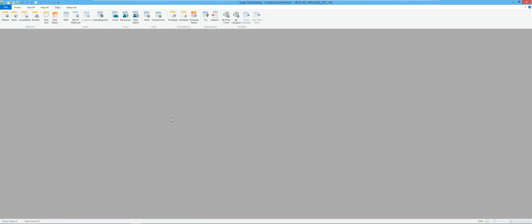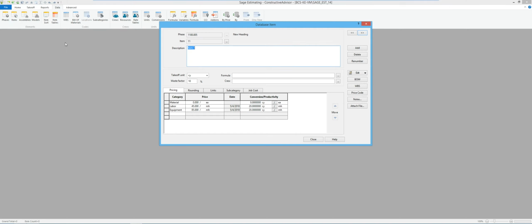So the next thing I want to take a look at is that we've already got a bunch of items in this database. So I want to look at a couple different ways of how I code those items to those values so I don't have to do it on an estimate-by-estimate basis. So the best way is to use Database Editor, which we're going to talk about in a moment. But I also want to make sure that people realize you can add items from within estimating. So I want to first talk about where to do it from within estimating.